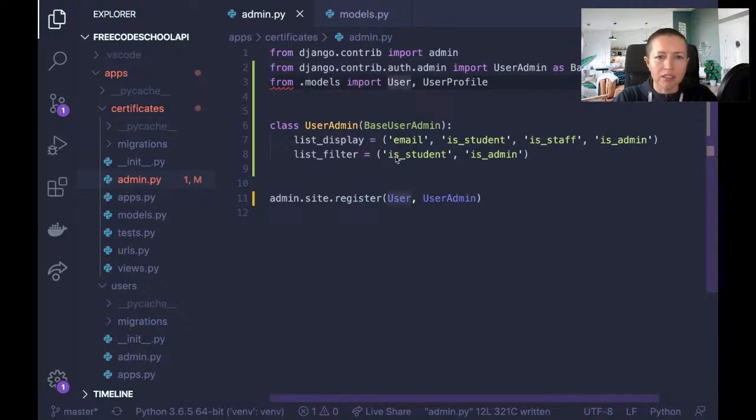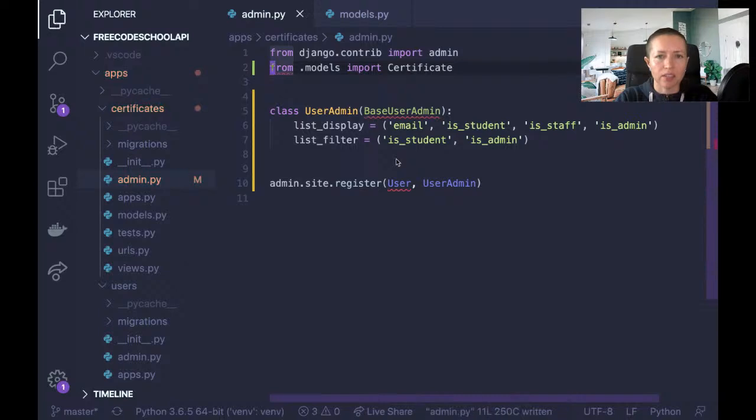So from models, the only model I want to import here is the certificate model that I just created. Auth admin, I won't be importing any of that stuff. So let's see, the certificate admin